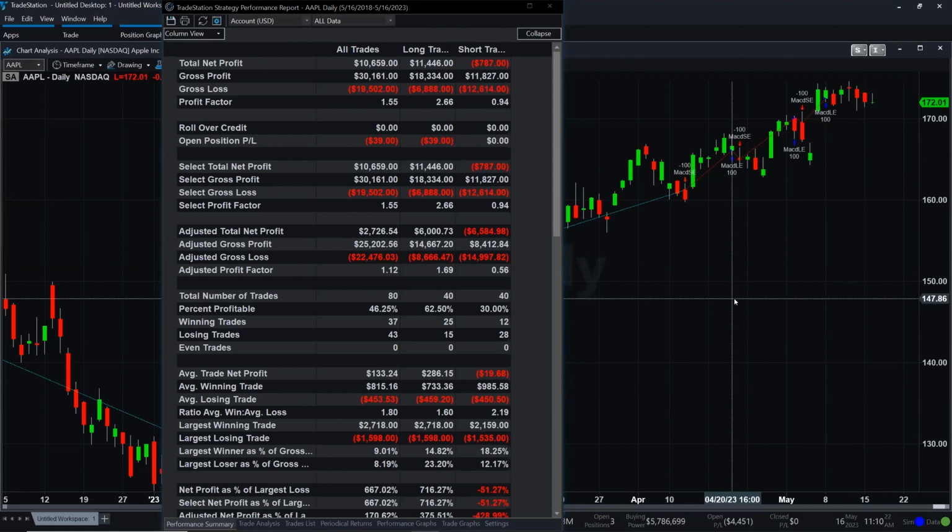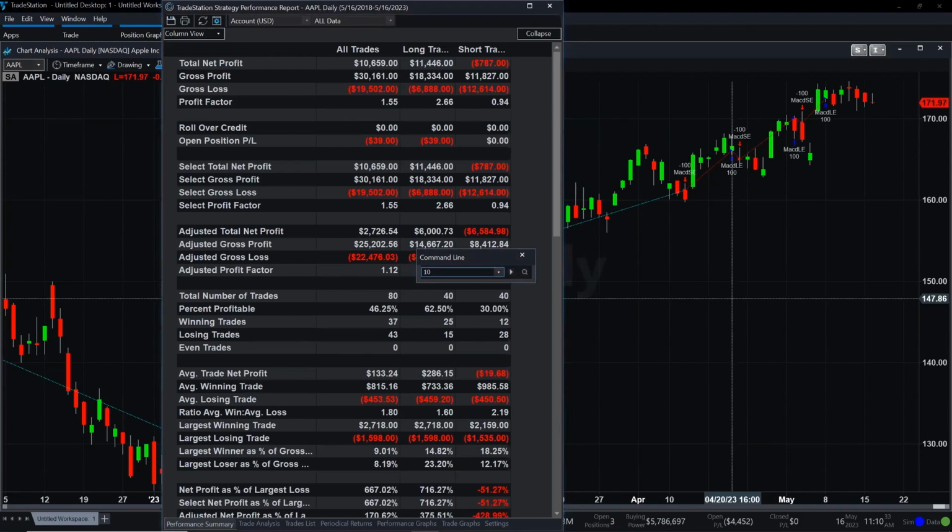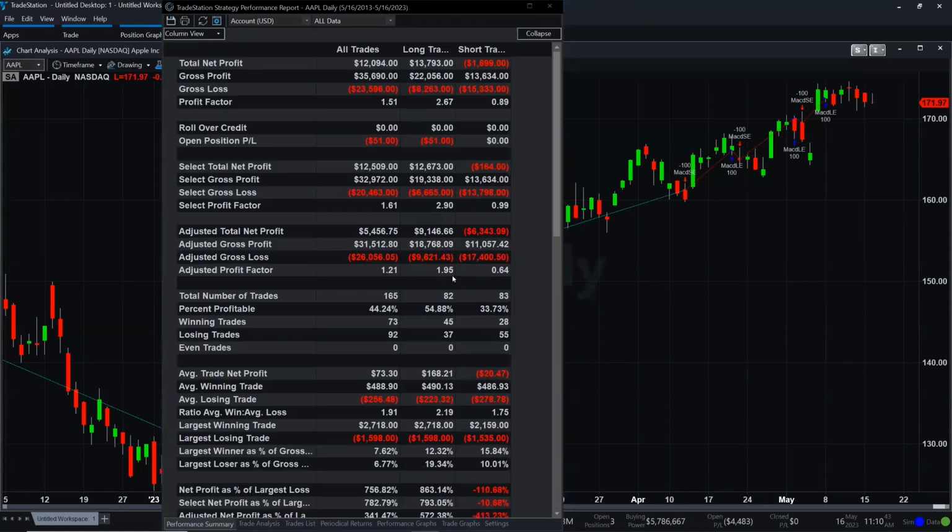Loading historical data on TradeStation is very easy, and it just requires you to request that data from the data network. So if I type in 10 years, you're going to see how the command line pulls up right here in the middle of the screen. This is a quick way for you to request more historical data. I'm loading 10 years and hitting enter, and the strategy performance report recalculates, so we went from $10,000 net profit